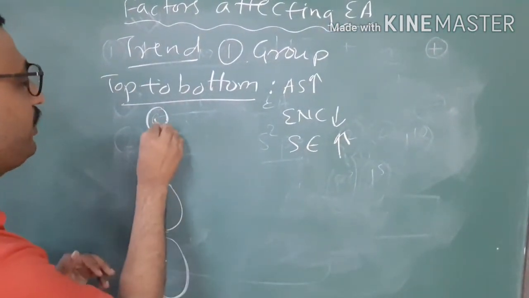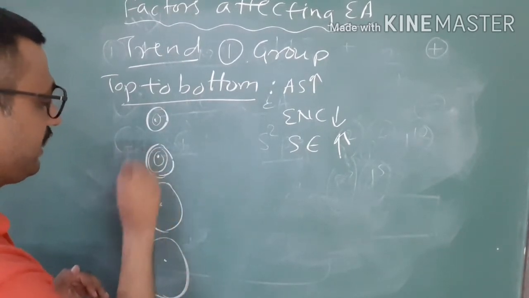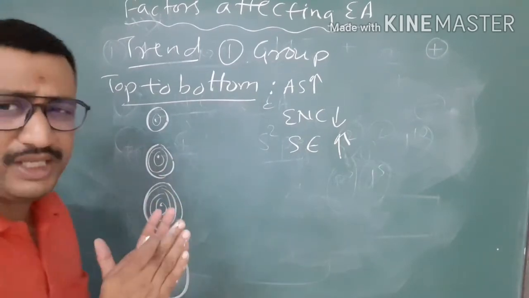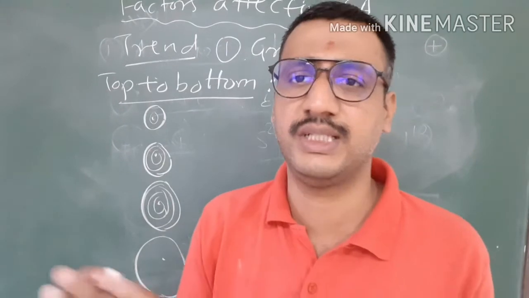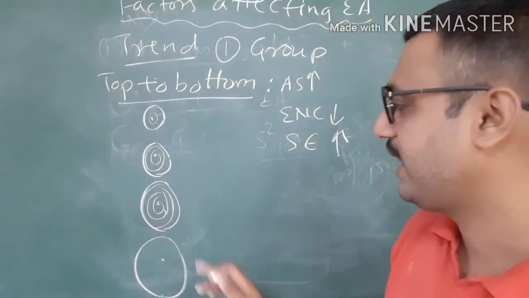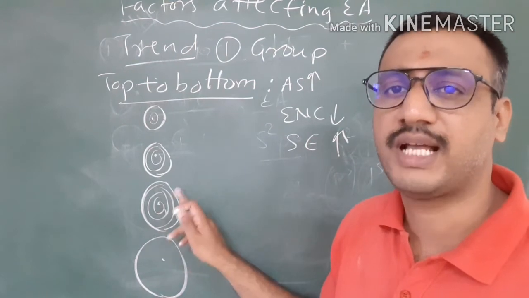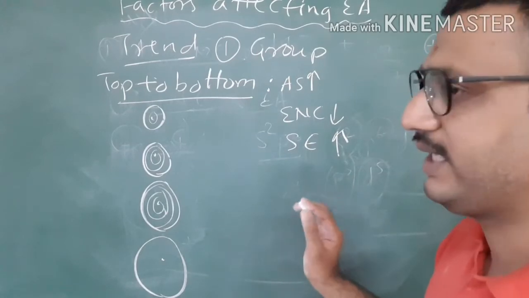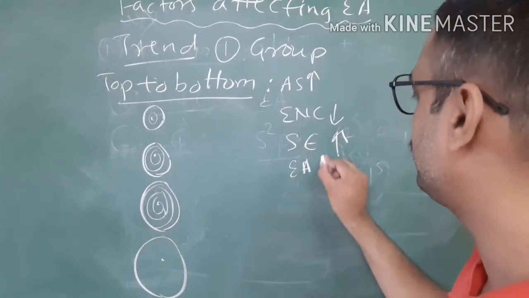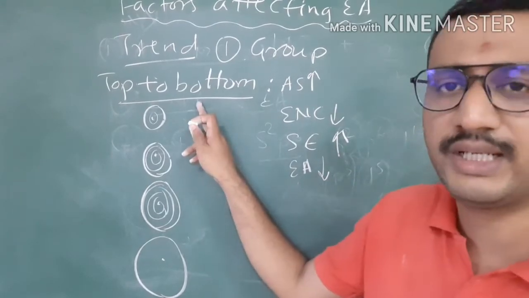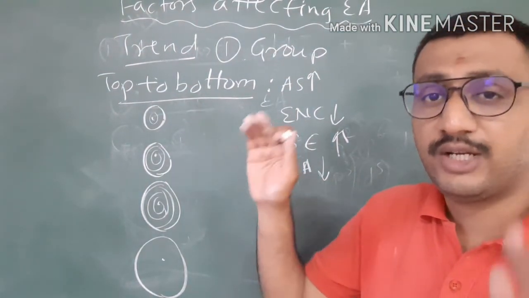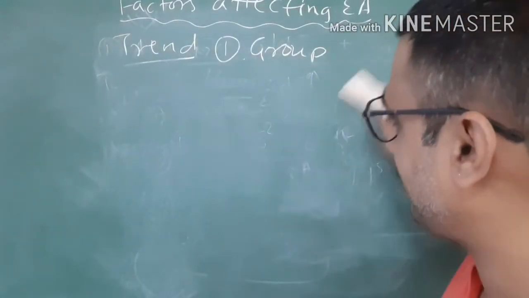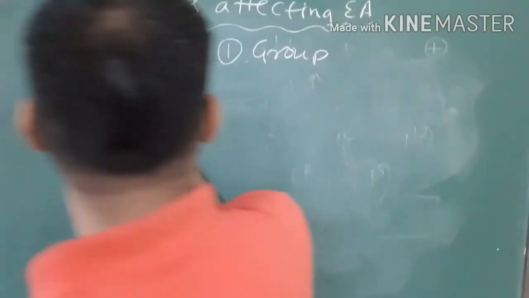Here in the case of lithium only 2 shells are there. In the case of sodium 3 shells are there in total. Beryllium, lithium, sodium, then potassium, total shells are 4. So the number of inner shell electrons increases, the number of inner shells also increases. We call it the screening effect, and because of the screening effect, the nucleus can't pull the last shell electron effectively. So because of all these factors, the final thing that happens is electron affinity values also decrease from top to bottom. Are you getting the trend? This is the general trend I told: electron affinity value decreases from top to bottom. Let's have some specific examples, and very important, students, note them.